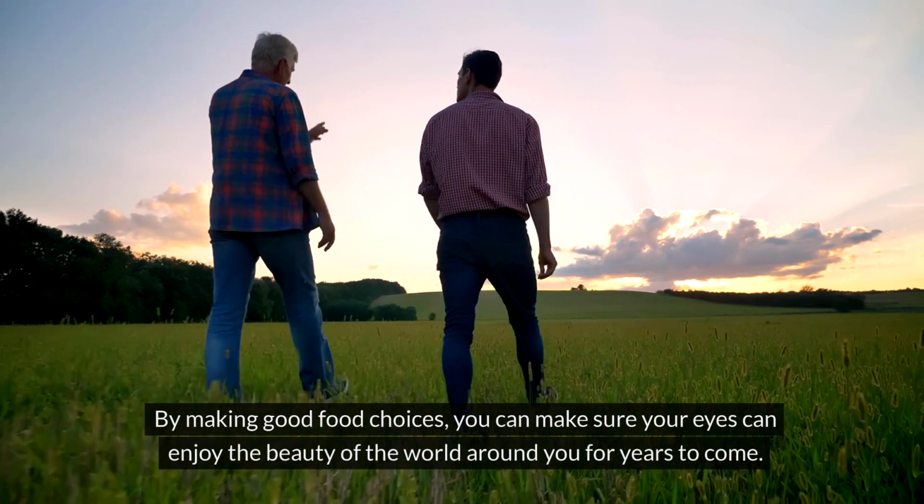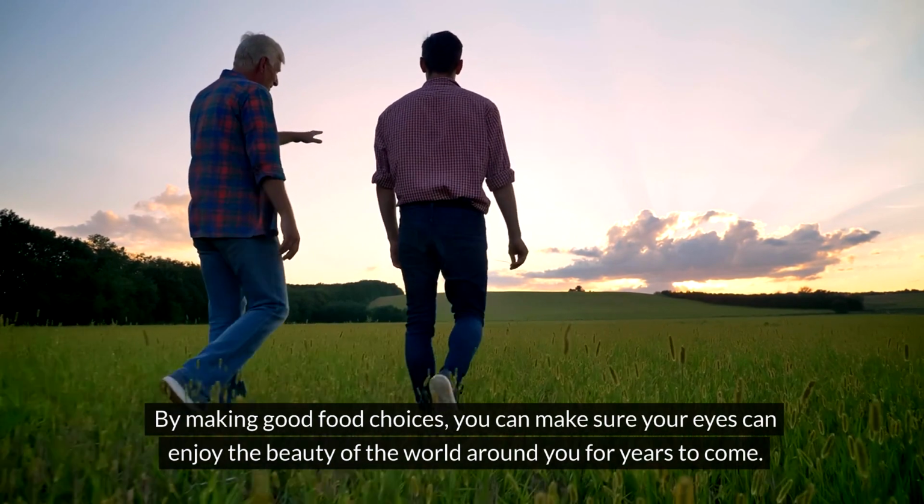By making good food choices, you can make sure your eyes can enjoy the beauty of the world around you